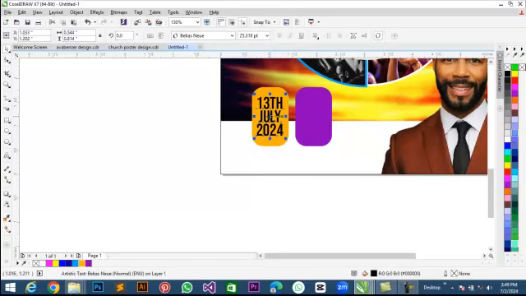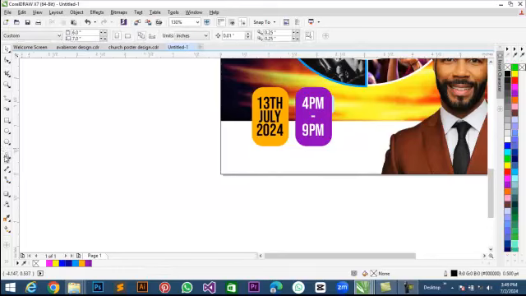Nice. Right click down, and then you drag to this other side, copy here, and then double click on it, and then Ctrl A to select everything, and then we have 4 p.m. to 9 p.m. So this is the time. So fill that with a white color, and then the final thing I'm going to do is to have our